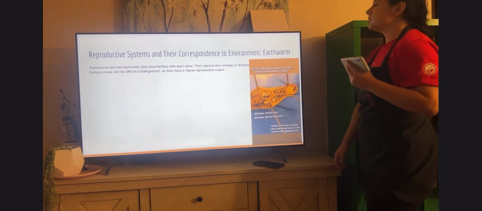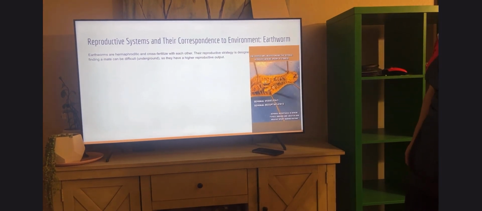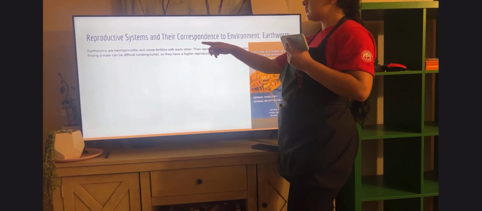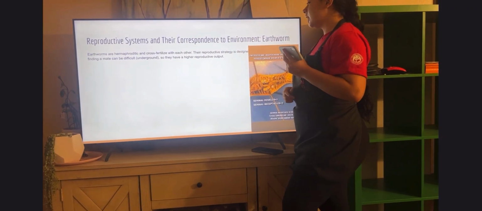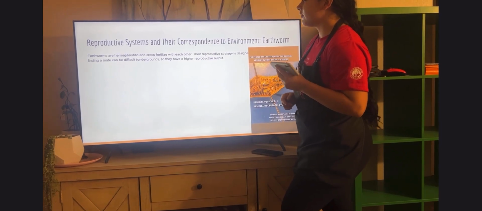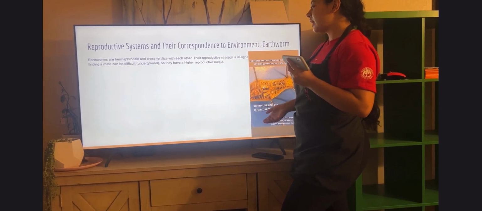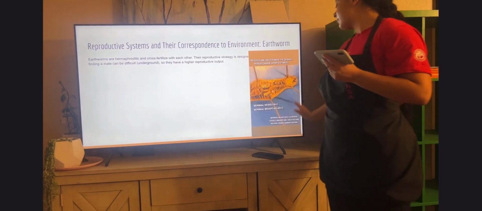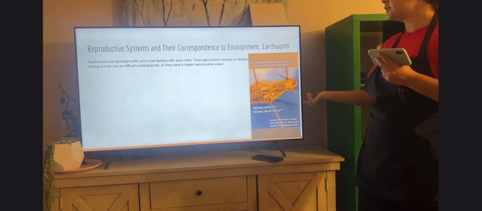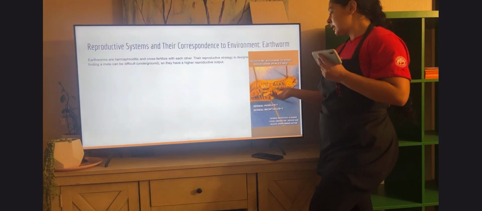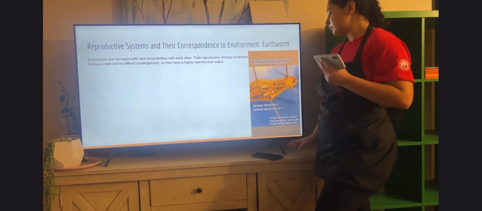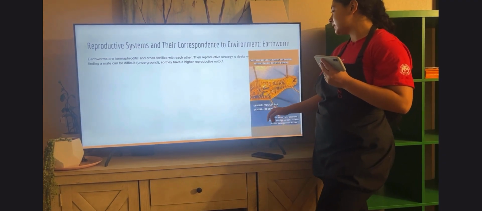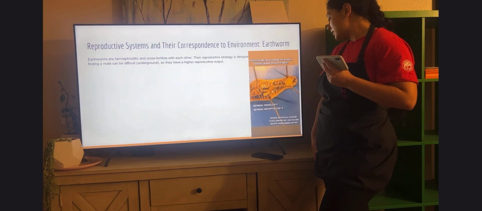The correspondence to the earthworm and its environment. Earthworms are hermaphroditic, cross-fertilized with each other. Their reproductive strategy is designed for finding a mate underground, so they have a higher reproductive output. Right here you can see that reproductive structure of them. They have no true sex. They both carry seminal vesicles and seminal receptacles. This is very